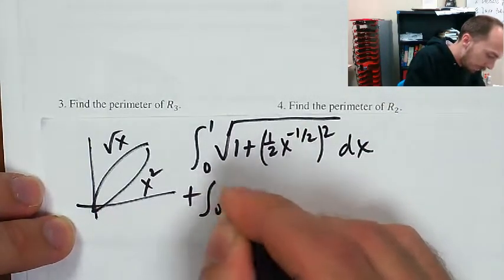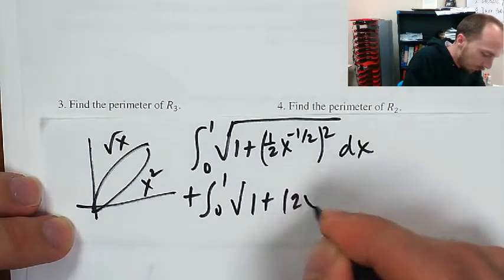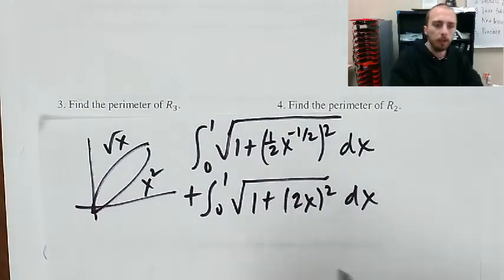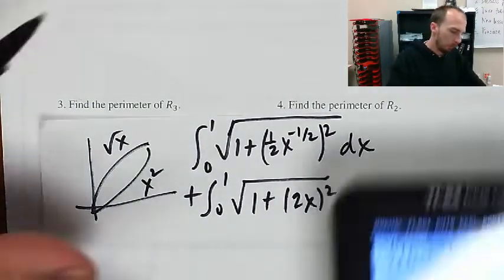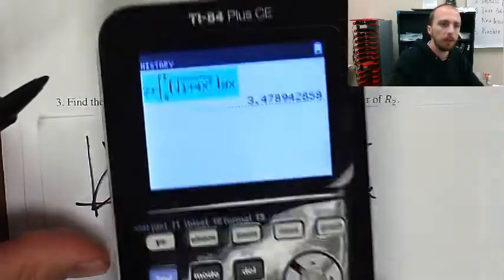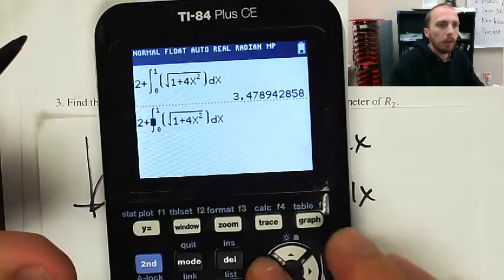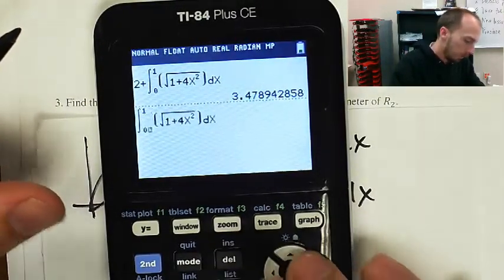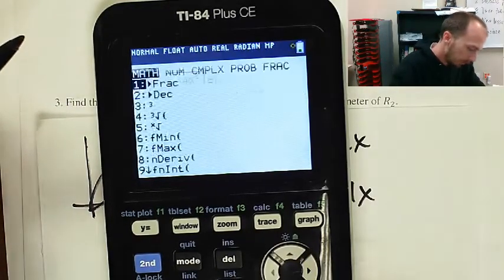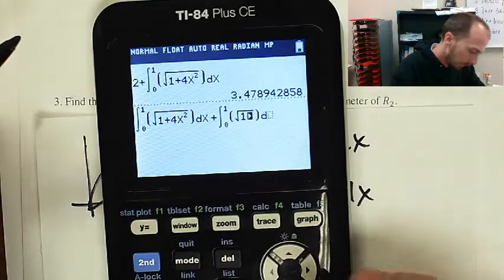X plus the integral from 0 to 1 of the square root of 1 plus, well, this one's going to be the same as what I'd already computed. So what I'm going to do is go over here and ask for the same thing again. I can really not see that. So I'm going to ask for that, go over here, delete the 2. Probably could have just subtracted 2, but it's all right. Plus another integral from 0 to 1 of a square root of 1 plus,